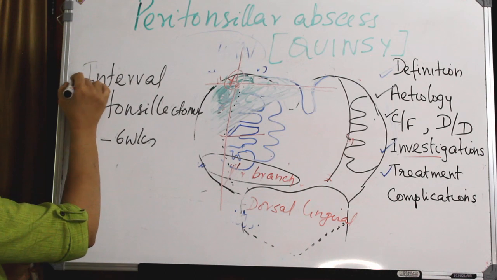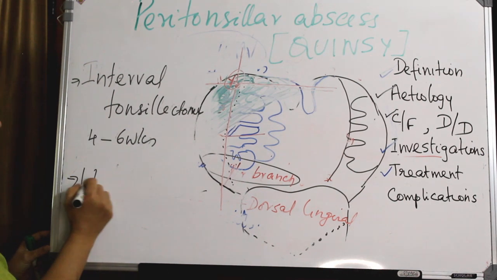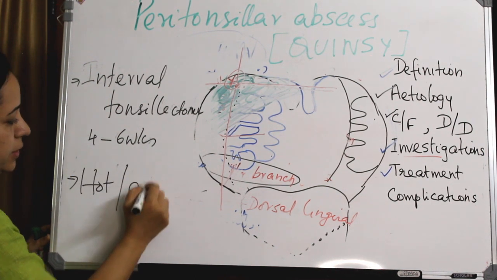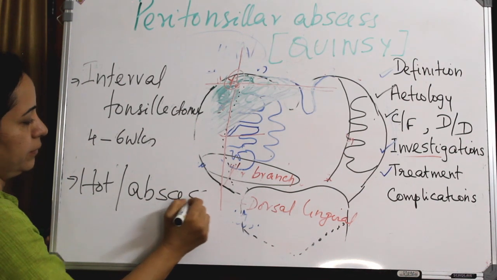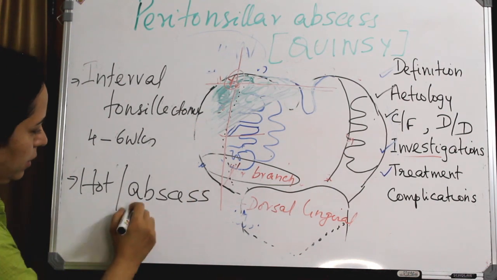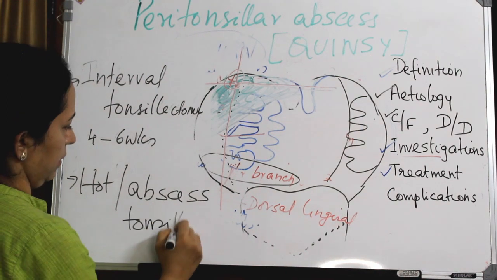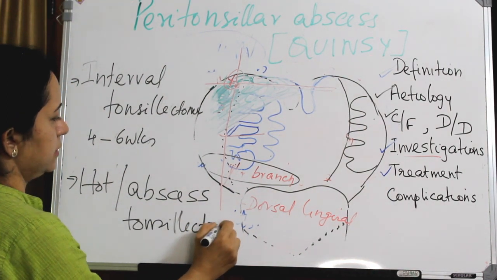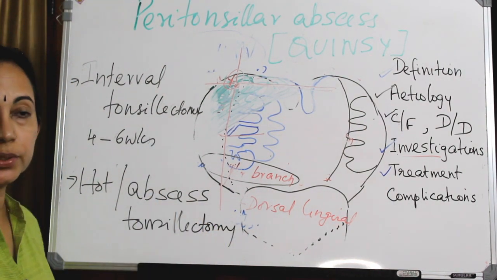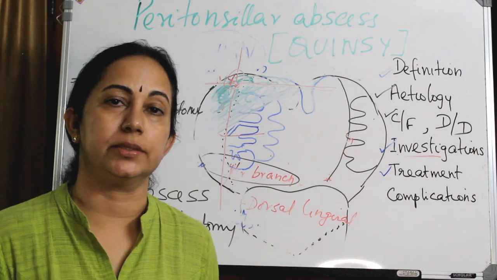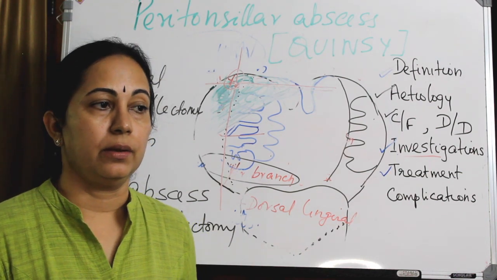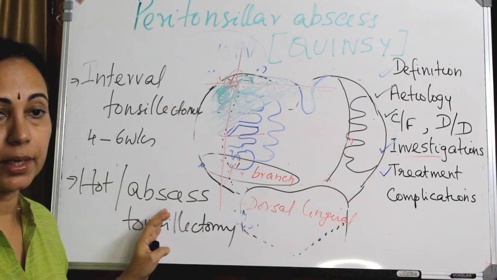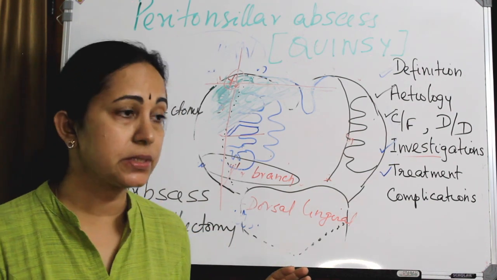Another term you have to remember is a hot or abscess tonsillectomy. What is this? Hot or abscess tonsillectomy. This is removing the tonsil along with abscess drainage. That is, doing tonsillectomy at the time of an attack of Quinsy. You must have remembered that